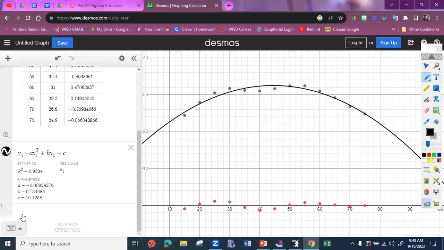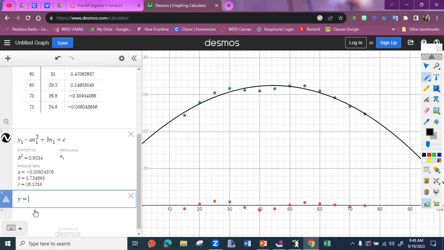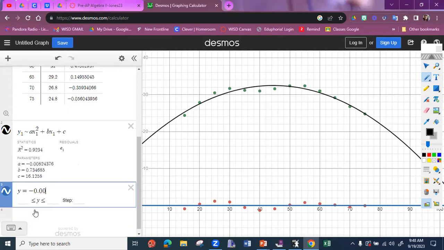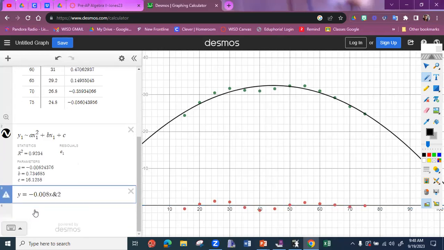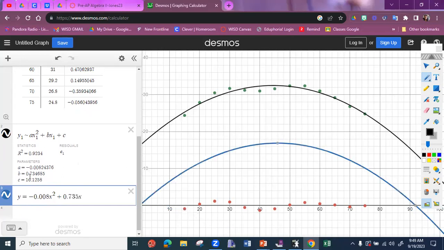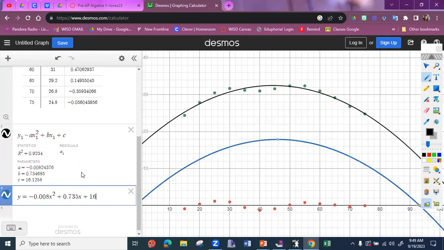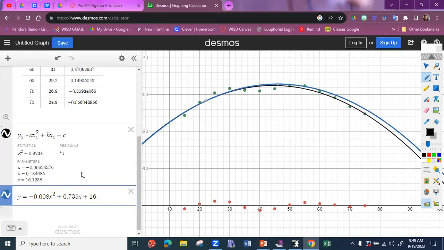So our regression model here is going to be y equals negative 0.008x squared plus our b value is 0.735x. And then our C value plus 16 point